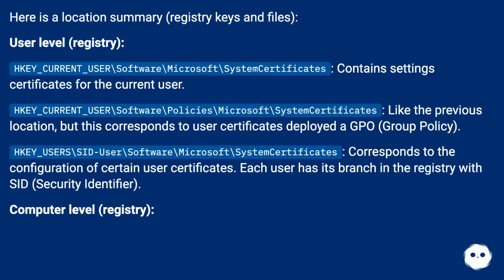Here is a location summary, registry keys and files. User level, registry. HKEY_CURRENT_USER/Software/Microsoft/SystemCertificates contains settings and certificates for the current user. HKEY_CURRENT_USER